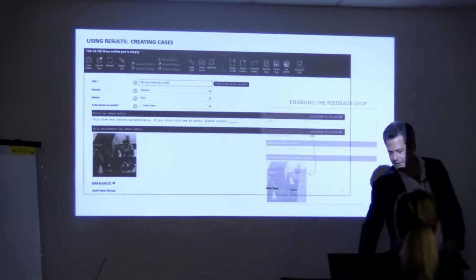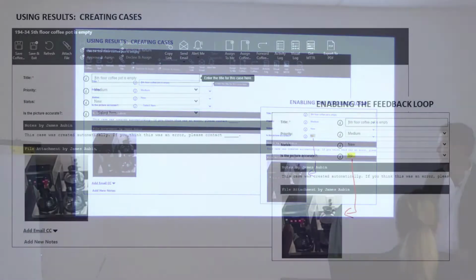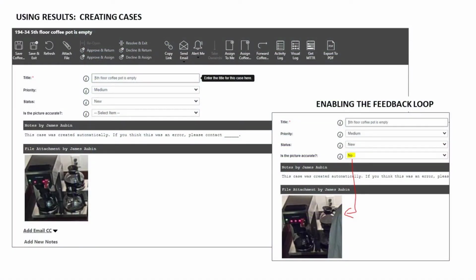And by the way, sometimes there's a mistake. So this one, there was a person in the picture, and you can see there's an opportunity to say, is this picture accurate? And they've said no here. That goes back and trains the system to make it smarter,